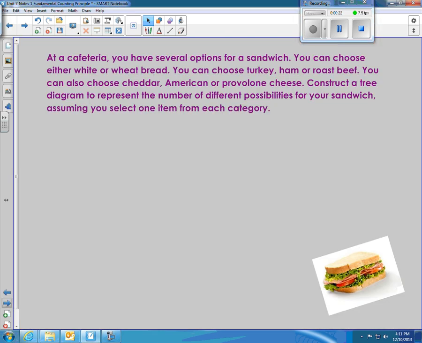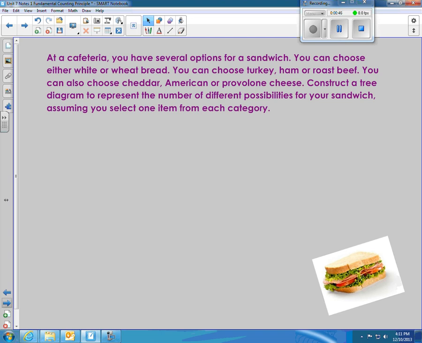Well, we're going to start with an example, and that's going to lead us into it. It says, at a cafeteria, you have several options for a sandwich. You can choose either white or wheat bread. You can choose turkey, ham, or roast beef. You can also choose cheddar, American, and provolone cheese. Construct a tree diagram to represent a number of different possibilities for your sandwich, assuming you select one item for